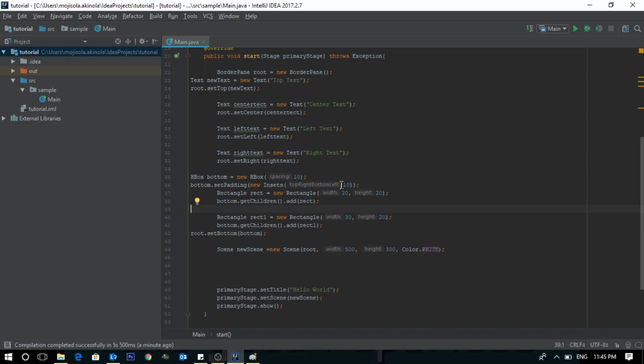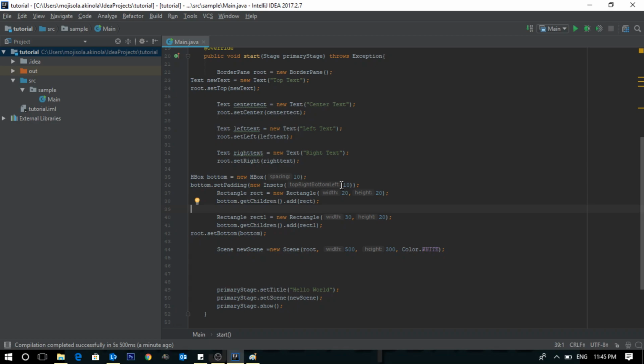As you can see, these are the things we've used for now. We've used the BorderPane, HBox, and VBox, and we've used the rectangle and the text. But we've not used fonts in this. This was from the previous tutorial, so I'm just going to take that out, and all these too, because they are not of use for now. Okay, so we're treating the VBox part, and I'm just going to say the same spacing 10, and the same